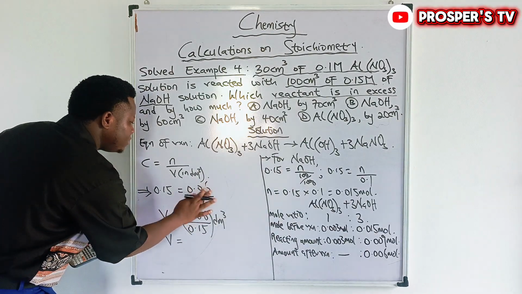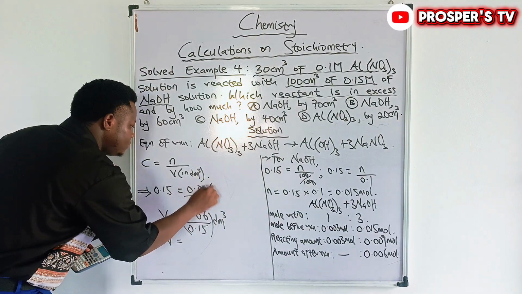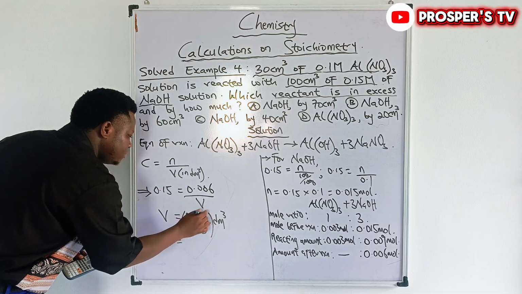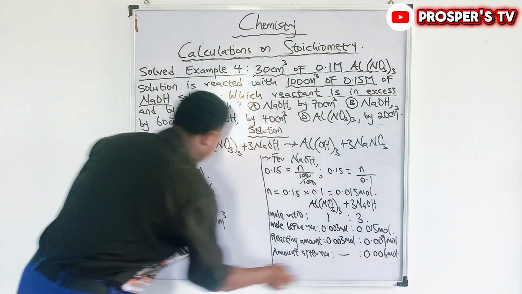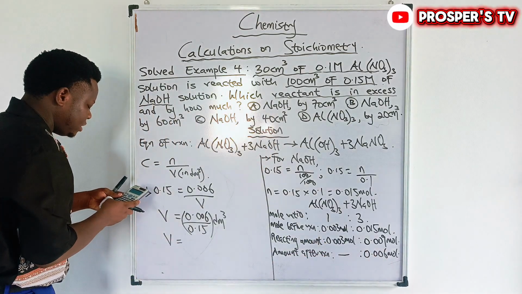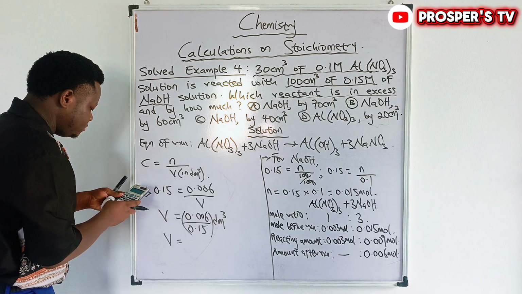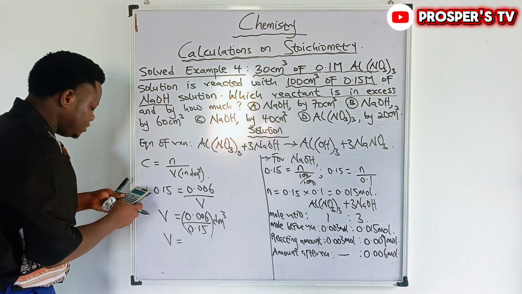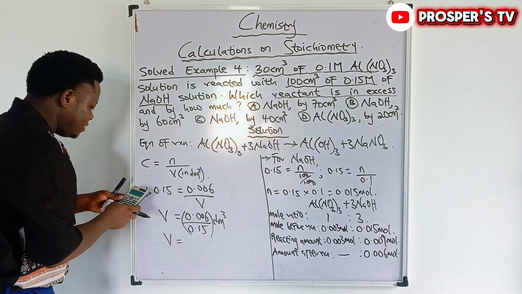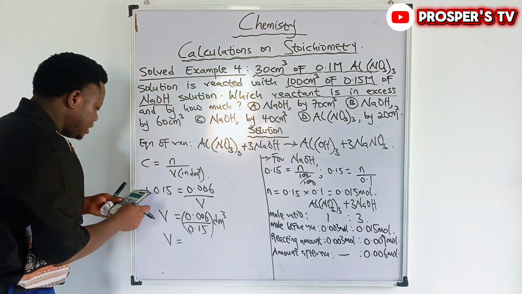There's an additional 0 over here. So 0.006 divided by 0.15 gives me